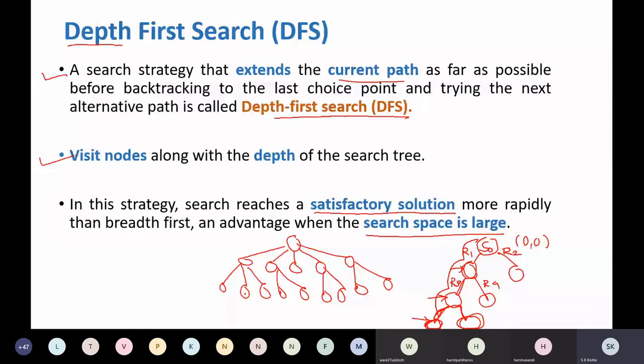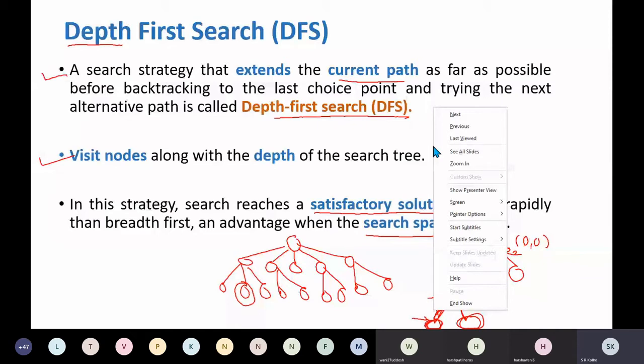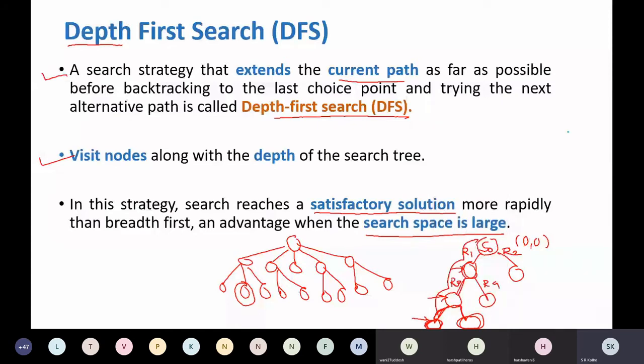Let us trace the functioning of the depth first search algorithm on this search space. You are going to start with the starting node, right? Then you are going to explore it. Then it would have explored all these nodes. Then you are going to check the leftmost node or rightmost. Suppose I will always be selecting the leftmost node.